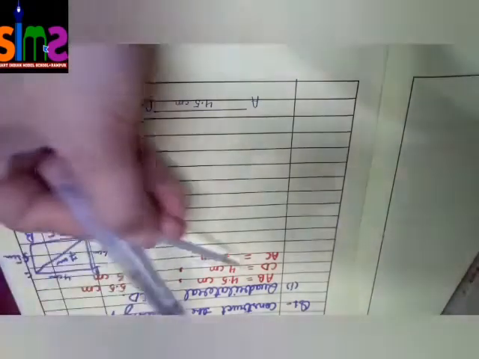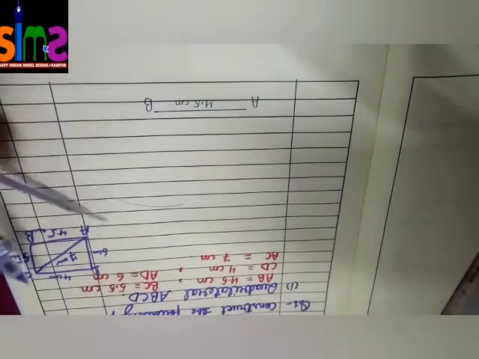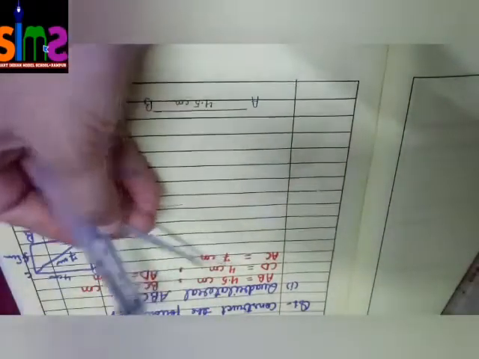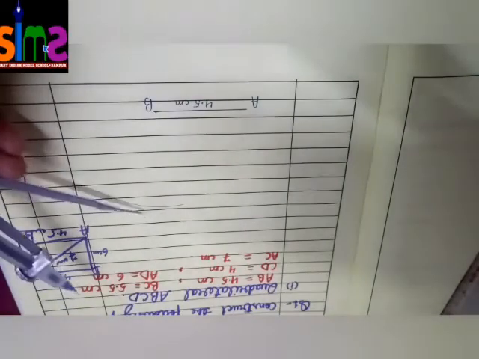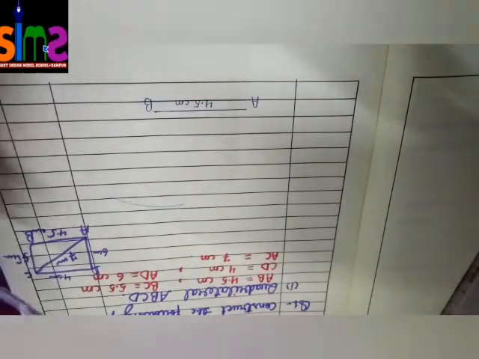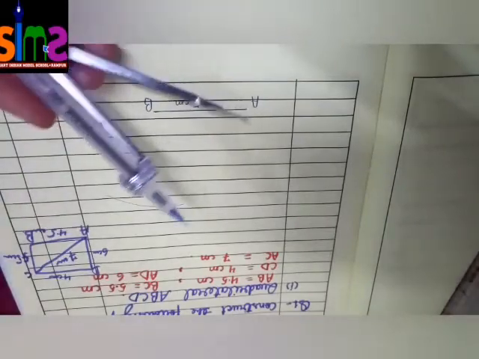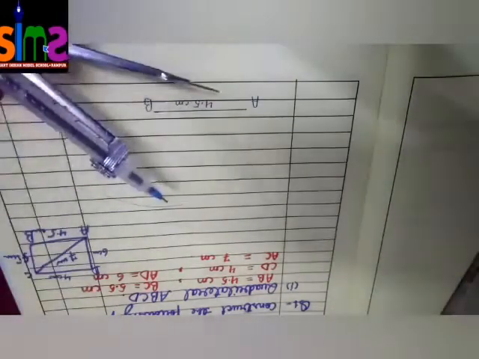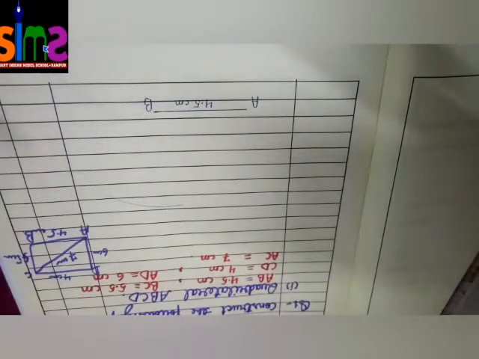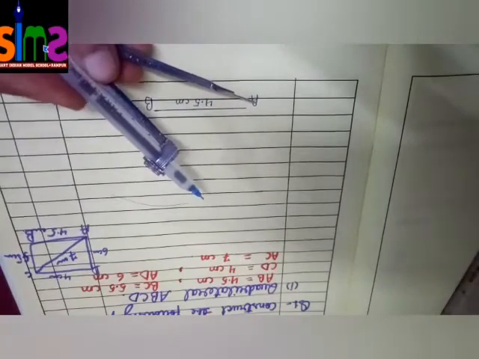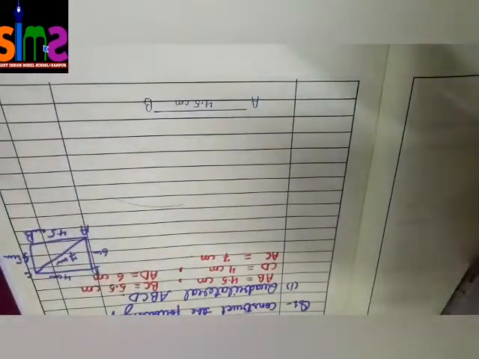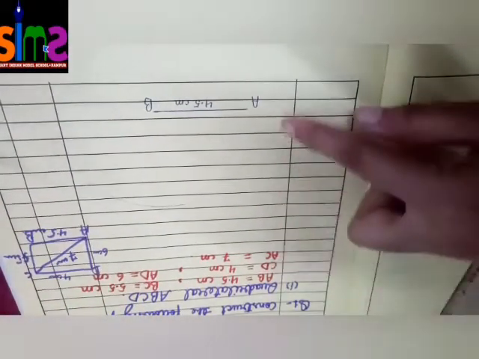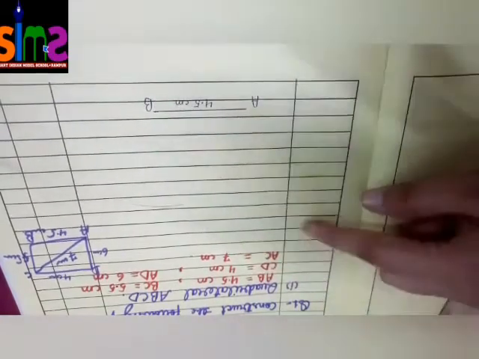After that we have given CD. We don't know where C is, we don't know where D is. So CD will be drawn after knowing either C or D. But we know points A and B, so we can draw lines which contain point A and point B. For example, BC contains B. That is why we draw an arc of 5.5 centimeter. CD does not contain A and B.